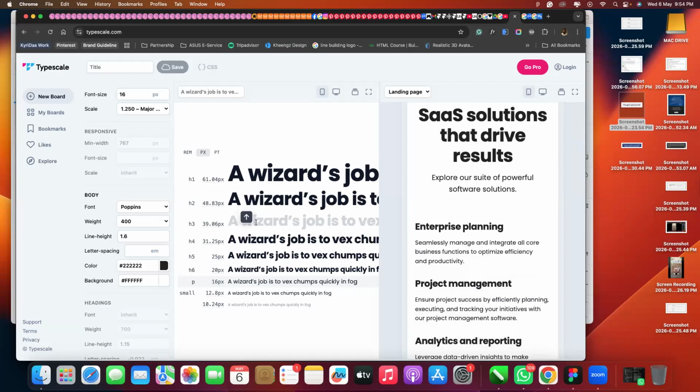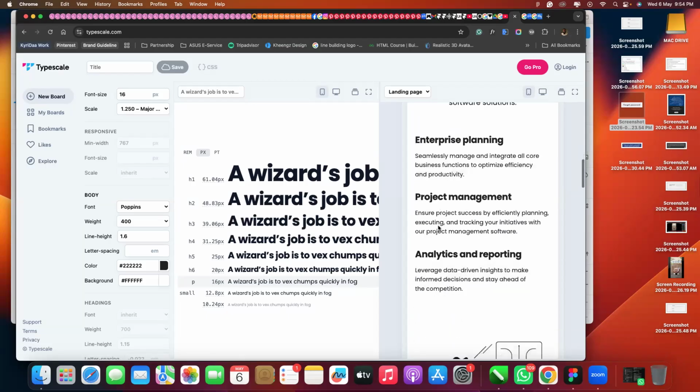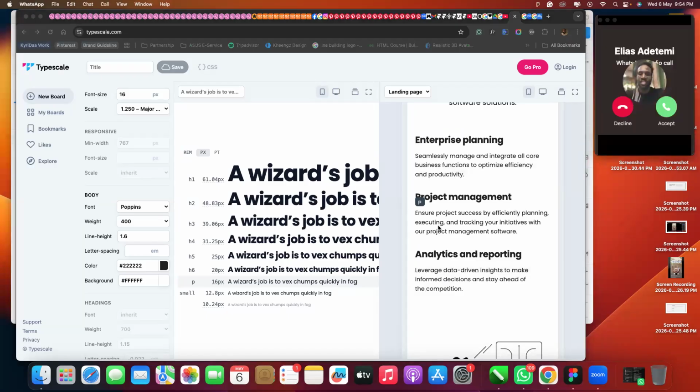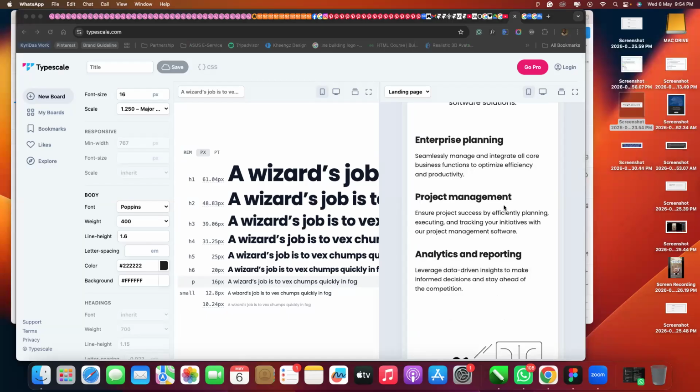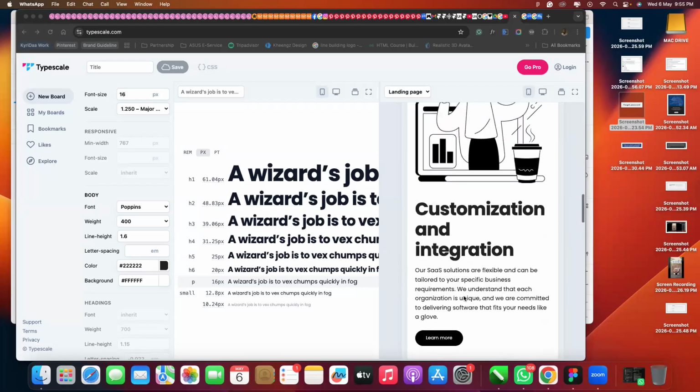Here, we're using H3. So while you are designing your stuff, you're not going to be using random font sizes. You're going to be using a proper scale, a scale that has been considered appropriate for hierarchy across your design. So all through, you see all of this. Now, I did say that okay, sorry, just